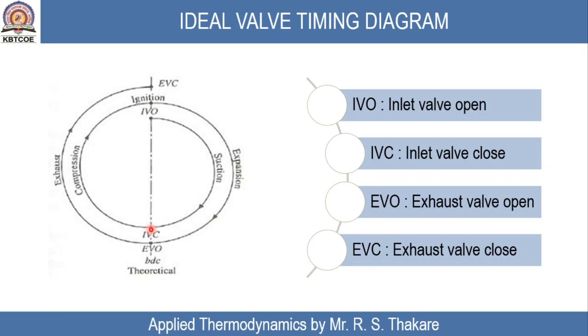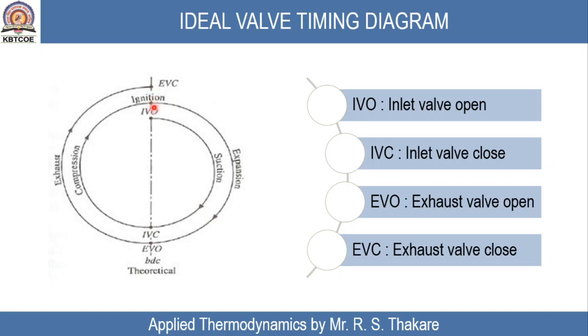After the suction stroke there will be a compression stroke for the next 180-degree rotation. Obviously, if you want to compress anything, it must be a closed system, so both valves are closed and the piston will move from bottom dead center towards top dead center, and during that 180 degree rotation there will be compression. After compression, ignition is provided. In a spark ignition engine, a spark is provided, and in a compression ignition engine, fuel is injected. So we will talk about the spark ignition engine.